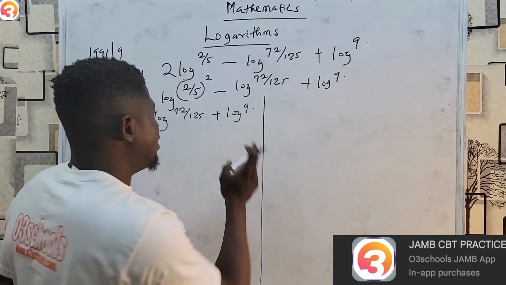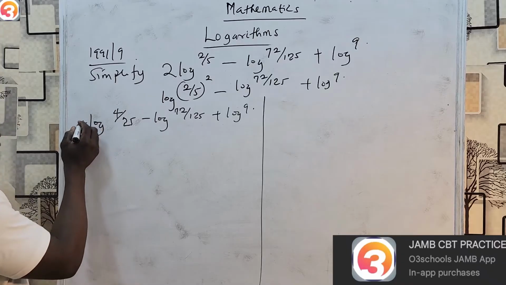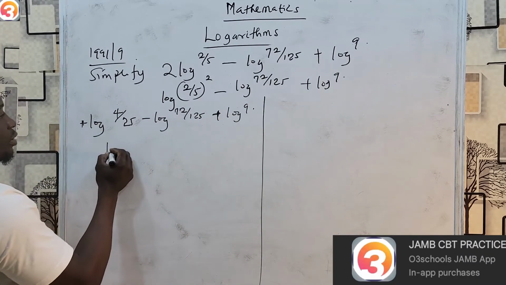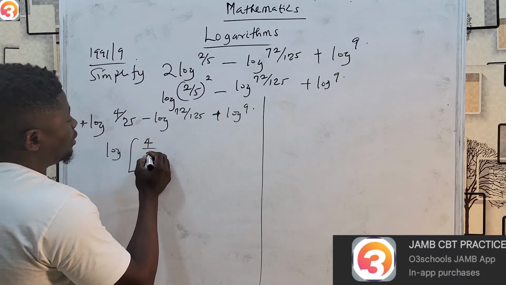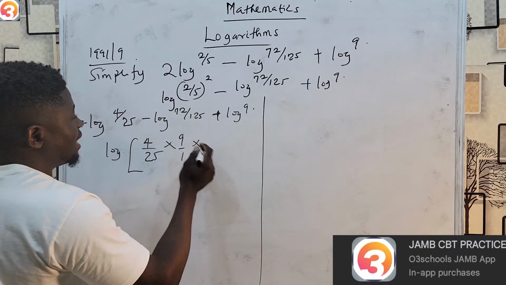Subtraction, we divide. Having addition, we multiply. So there's a plus here. So this one is positive, this one is positive. So I can say logarithm of (4 over 25 times 9 over 1), then times,